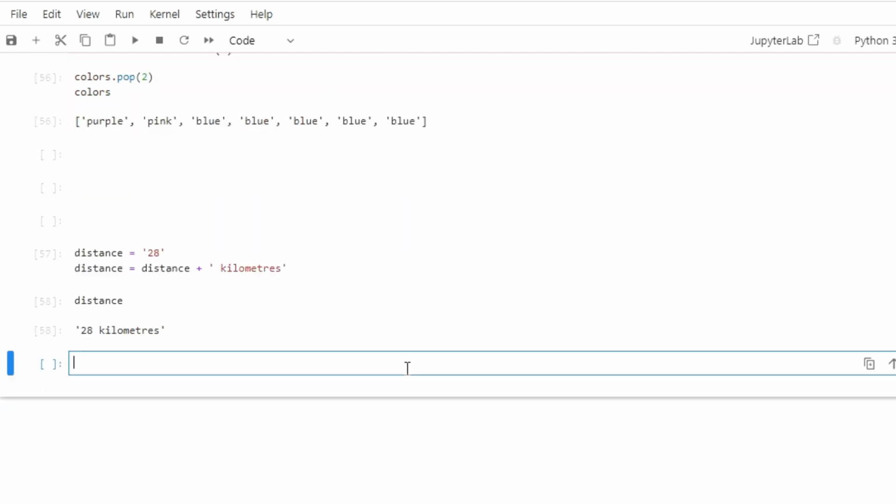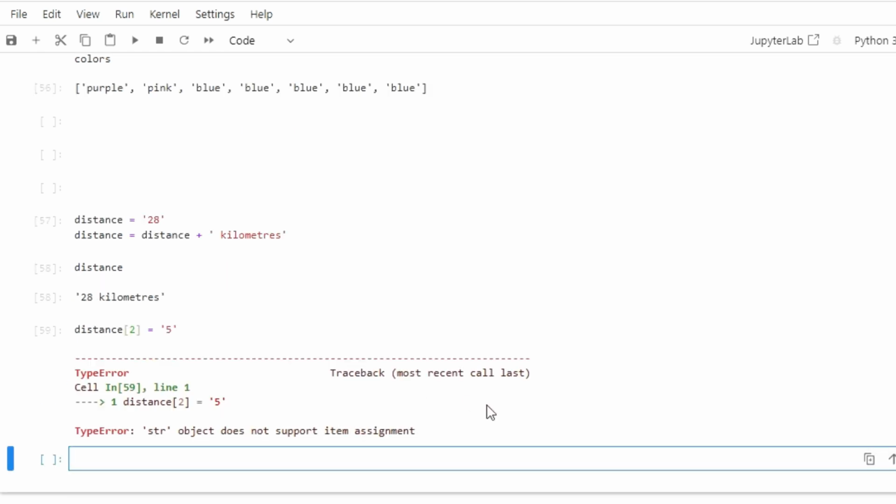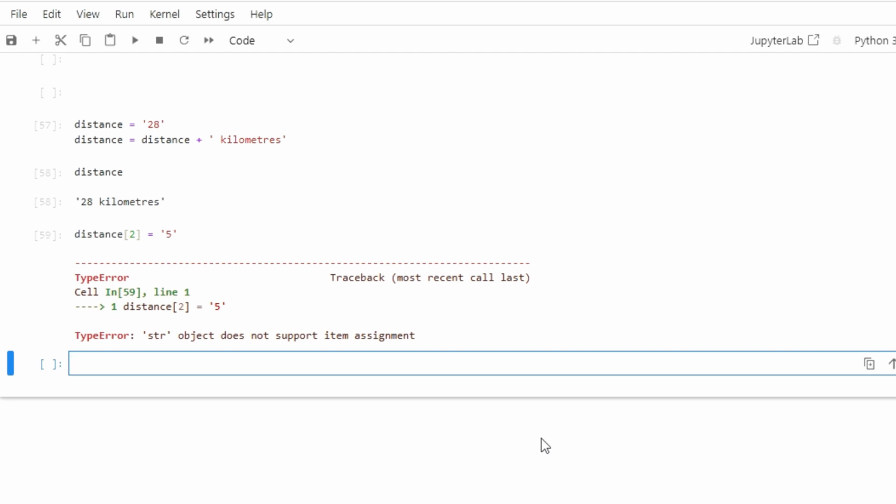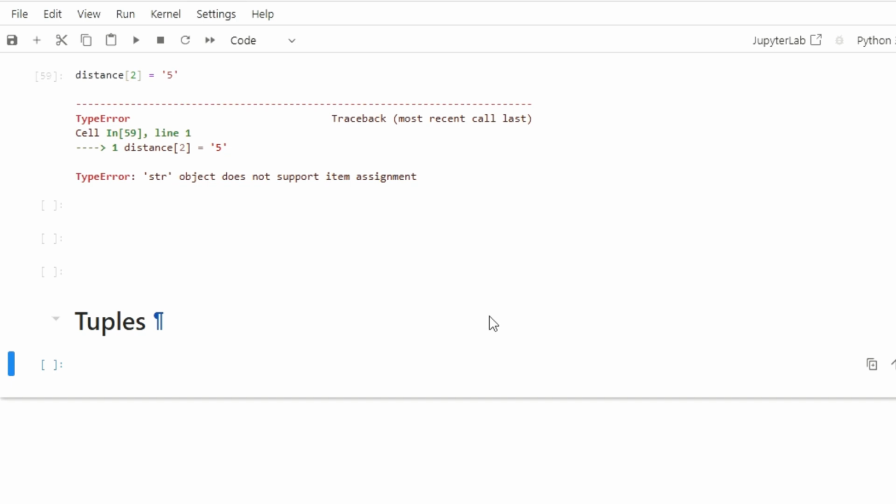Notice that we can't overwrite the character at index 0. We get an error. However, we can do this with a list. That's why lists are considered mutable. As a data professional, sometimes it will be more important to access and reference data than to change and manipulate it. When you simply need to find some information, but keep the data intact, you can use a data structure